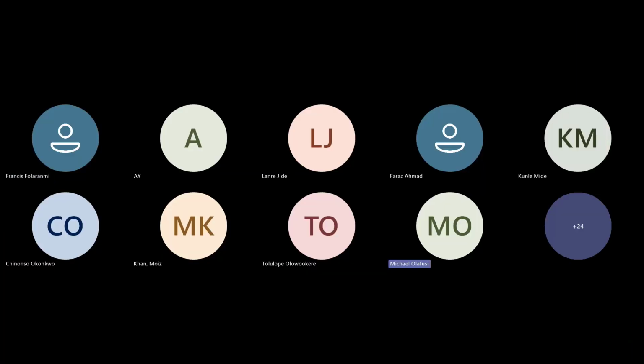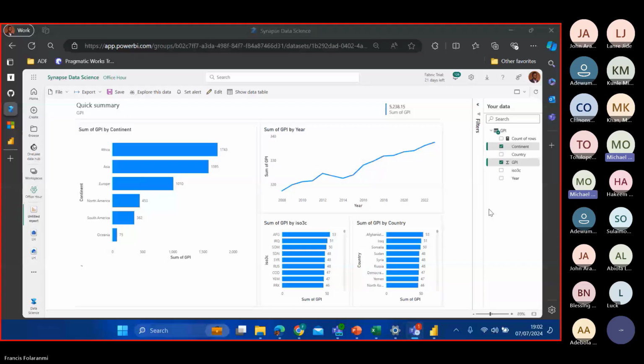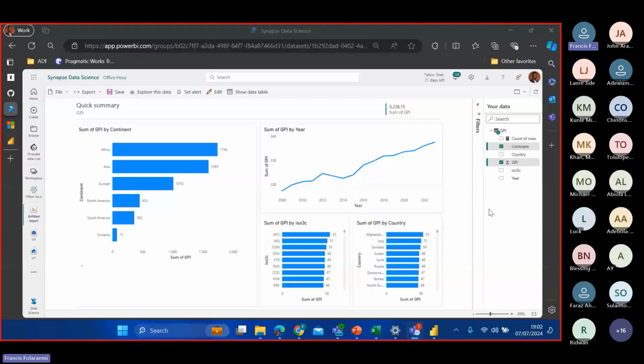Oh my God. No worries, everybody will get to see it. The way you've been explaining, I could imagine what you are clicking. I just felt I should tell you. Yeah, so this is the report that was automatically created. Hold on, we're still waiting to see your screen. Okay.